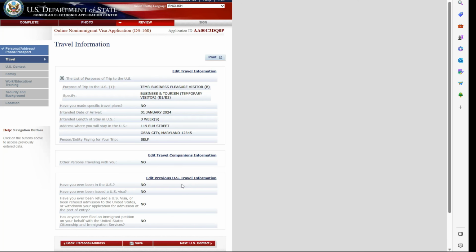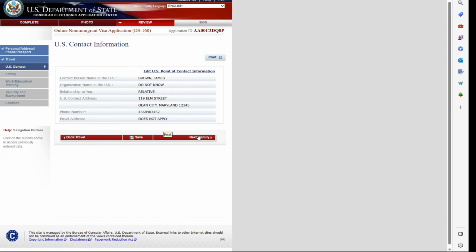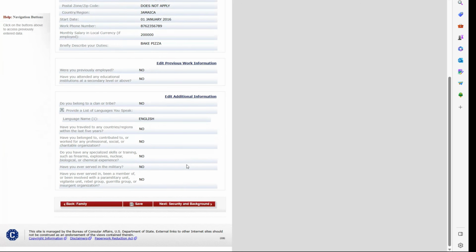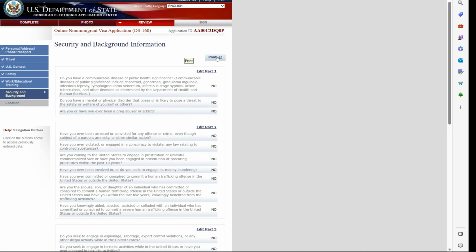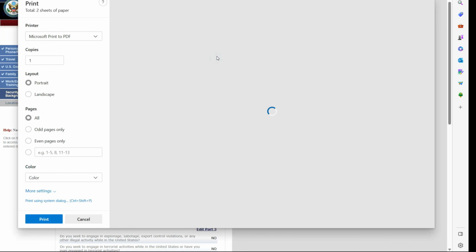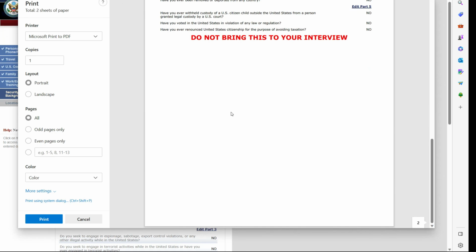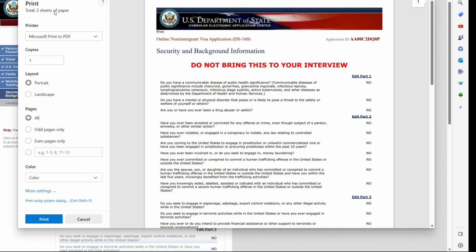And we'll just take you through all of the information that is on your application, right? So I'm going to select next again, select next. And make sure you take the time to review your information, guys, right? You can also print the application by selecting the print button here. So when you select print, you can print it to a PDF and save it on your computer. So you'd have to do this for each section. So I'm going to select